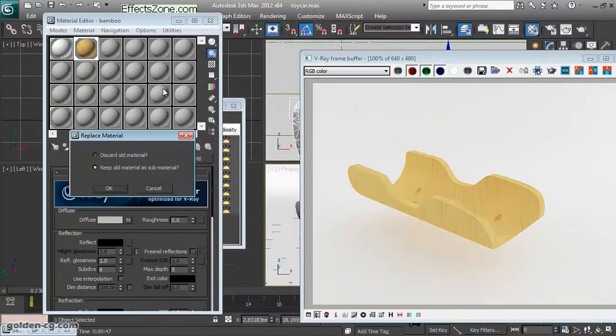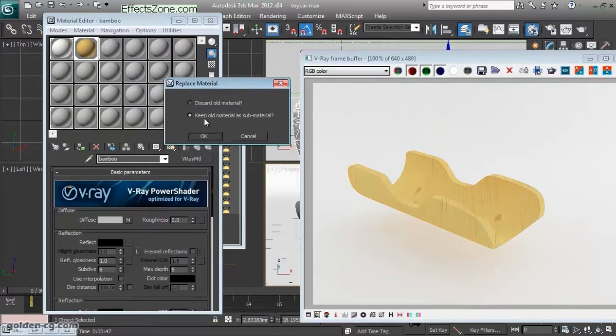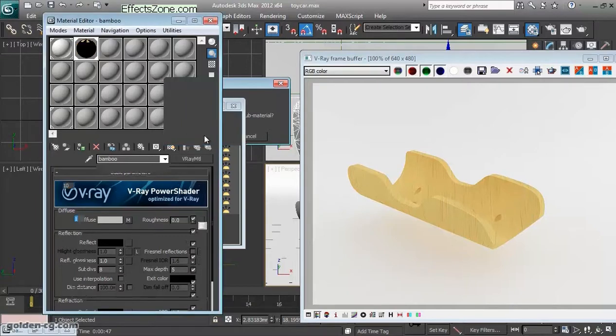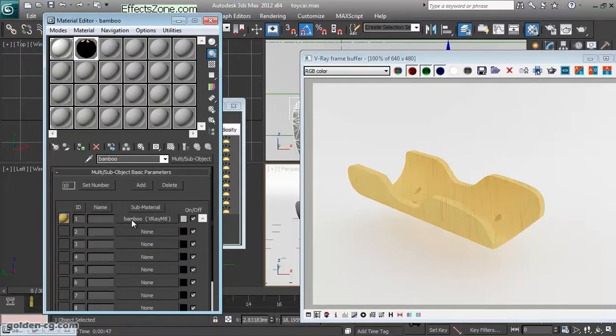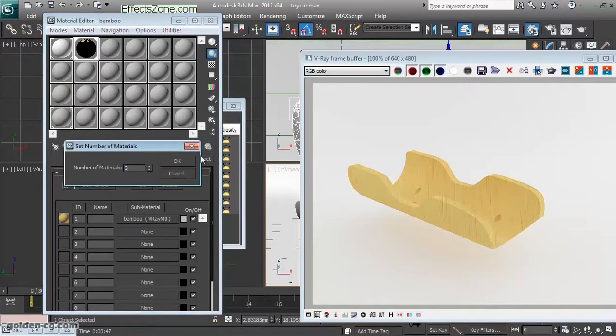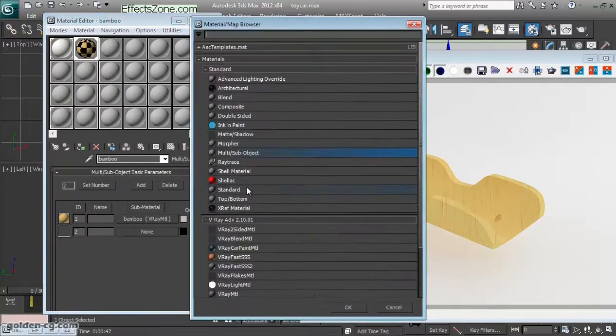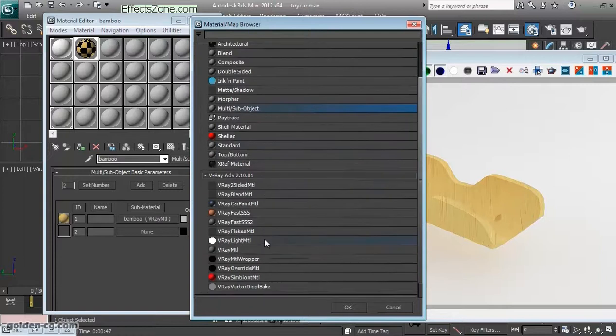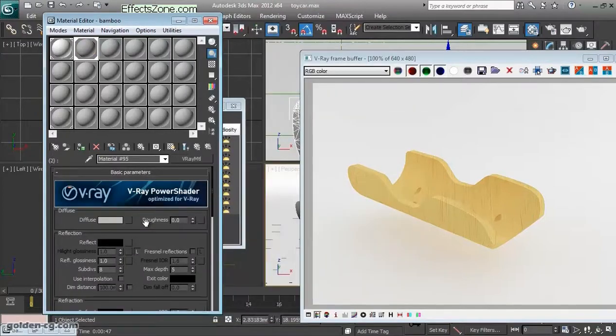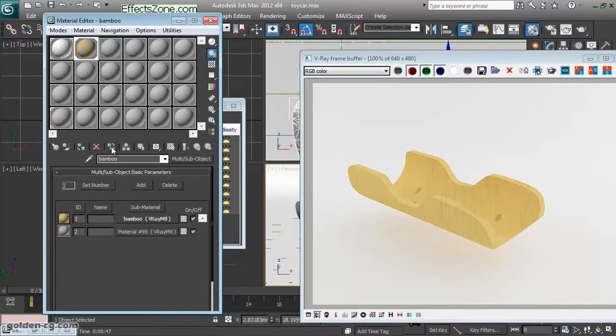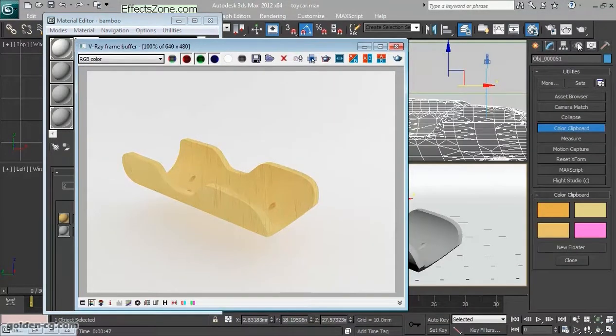And when I double click, I make sure I will choose keep old material as sub materials. If you discard the old materials, what we already created will be removed, so I am going to keep it. So this bamboo wood is the first material, and we just have two material IDs, so I just choose the two. And for this also we will use the standard V-Ray standard material. We will change it later. For now, just render the scene again,